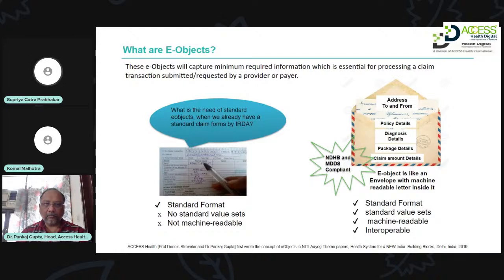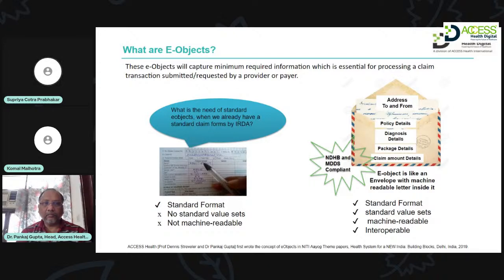By value sets, what we mean is that, if you've taken a look at any of the online forms, and when you start filling in these online forms, you might have come across lots of drop-down menus, right? So what you're actually inputting is coming in from those menus, and these are subsets of values from the value sets. This ensures that whatever data you're putting into the system is already clean data and validated information. So when a receiver receives this packet of information, he already knows that the information is valid, and all that he needs to do is process it, which is also why it's completely machine readable,